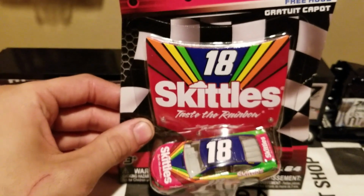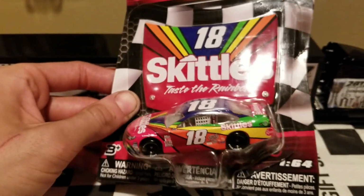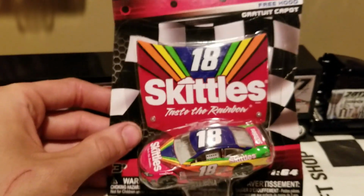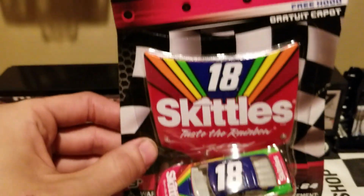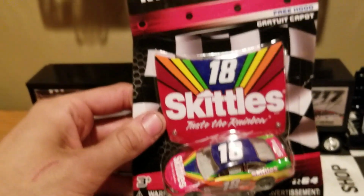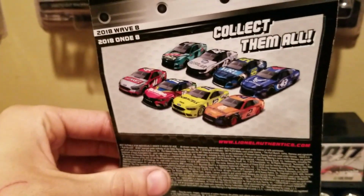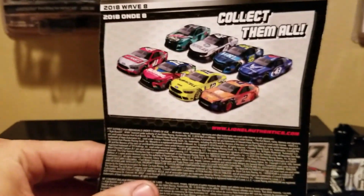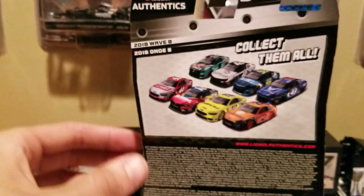The classic rainbow Skittles car. Finally, they made this car, and they actually got it on the racetrack. We'll talk more about this car very soon, but you can take a look right there. This is going to be a pretty hot seller for Kyle Busch, because I remember that when I picked this up, it was the only car I got from Wave 8 on my first trip to Walmart, and the only Wave 8 car they had, along with the Auto Trader Keselowski car,